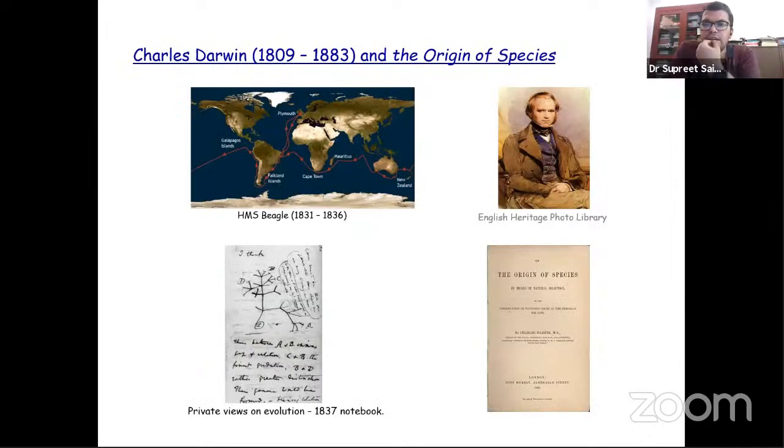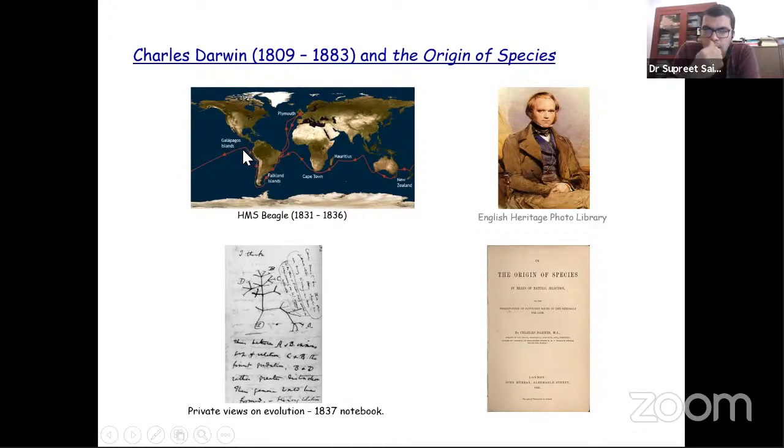So as I said, our understanding of evolution as a process really took off in the 20th century. And while there were many people who worked and enhanced our understanding in the first half of the 19th century, really modern evolutionary theory is founded on Darwin's work. Darwin was born in 1809, and when he was 22, he went on a ship voyage on a ship called HMS Beagle, which took him around the world, and he was on the ship for 5 years. Most of the time was spent on the east coast of South America, just mapping coordinates. And the famous Galapagos Islands, where he saw finches, are off the coast of South America here. This is off the coast of Ecuador.